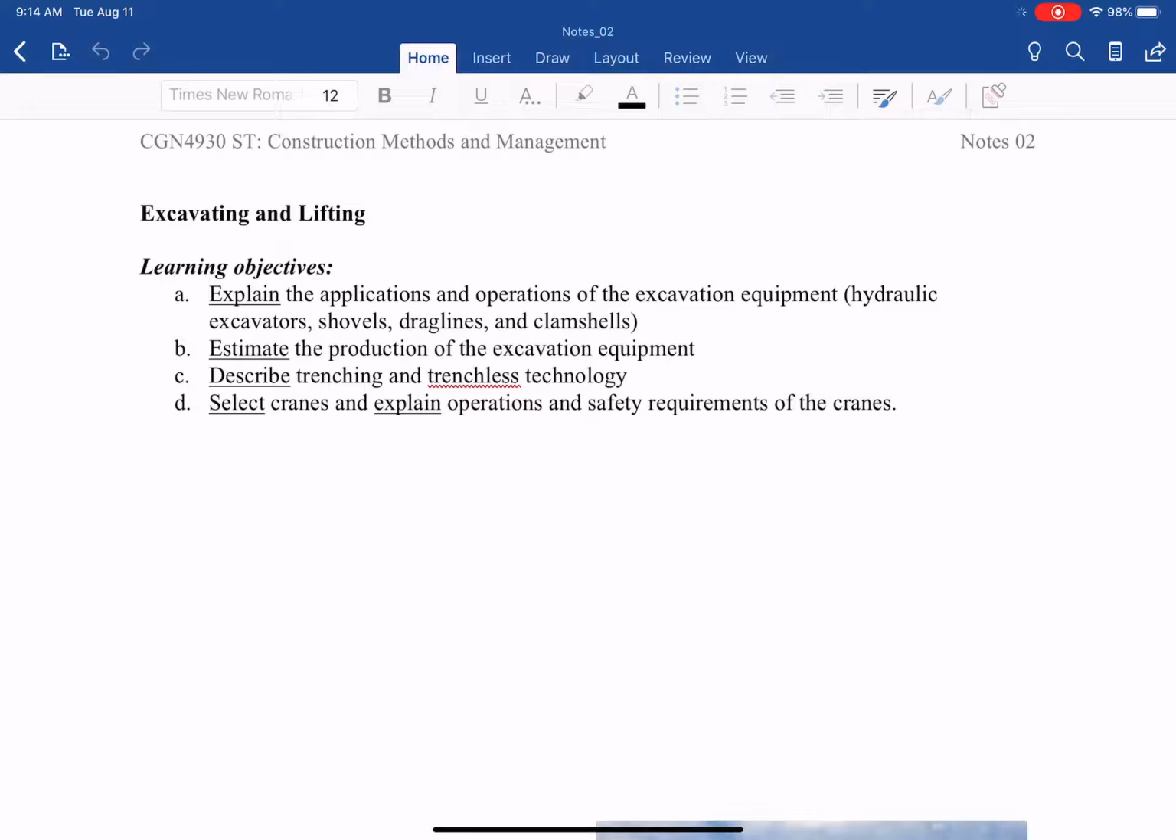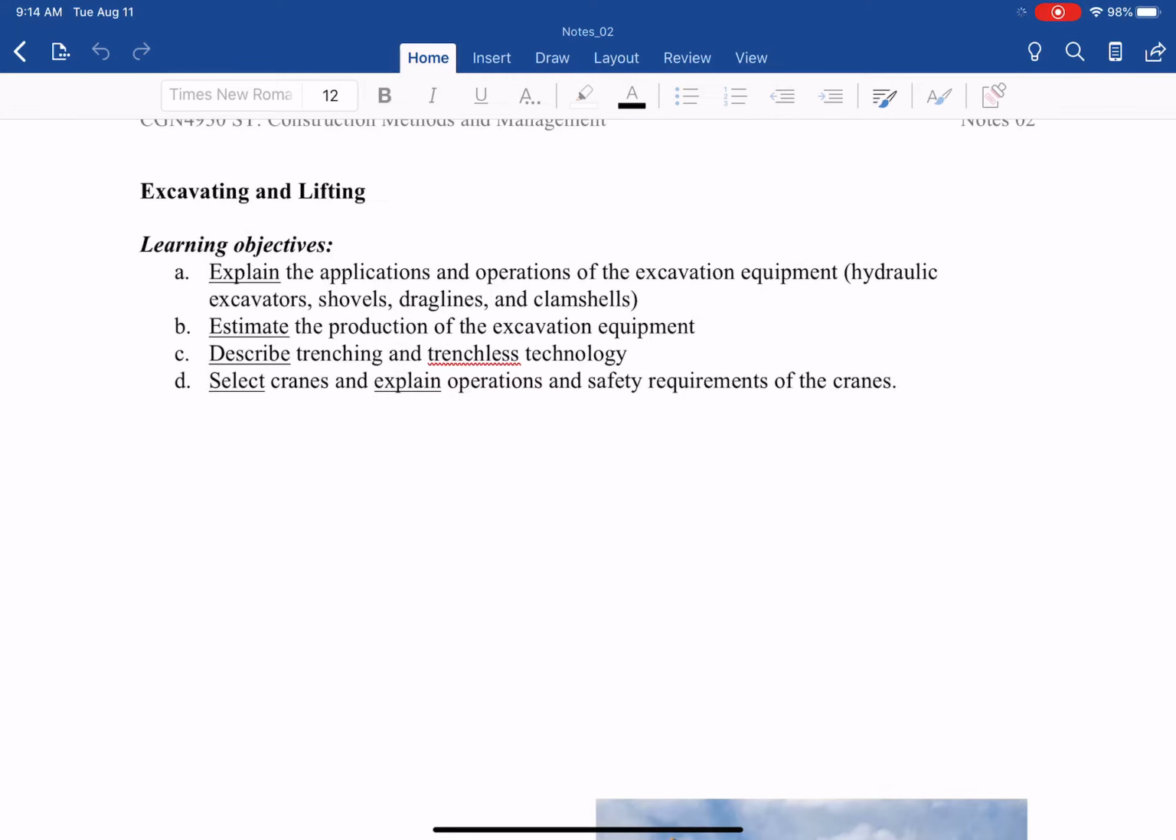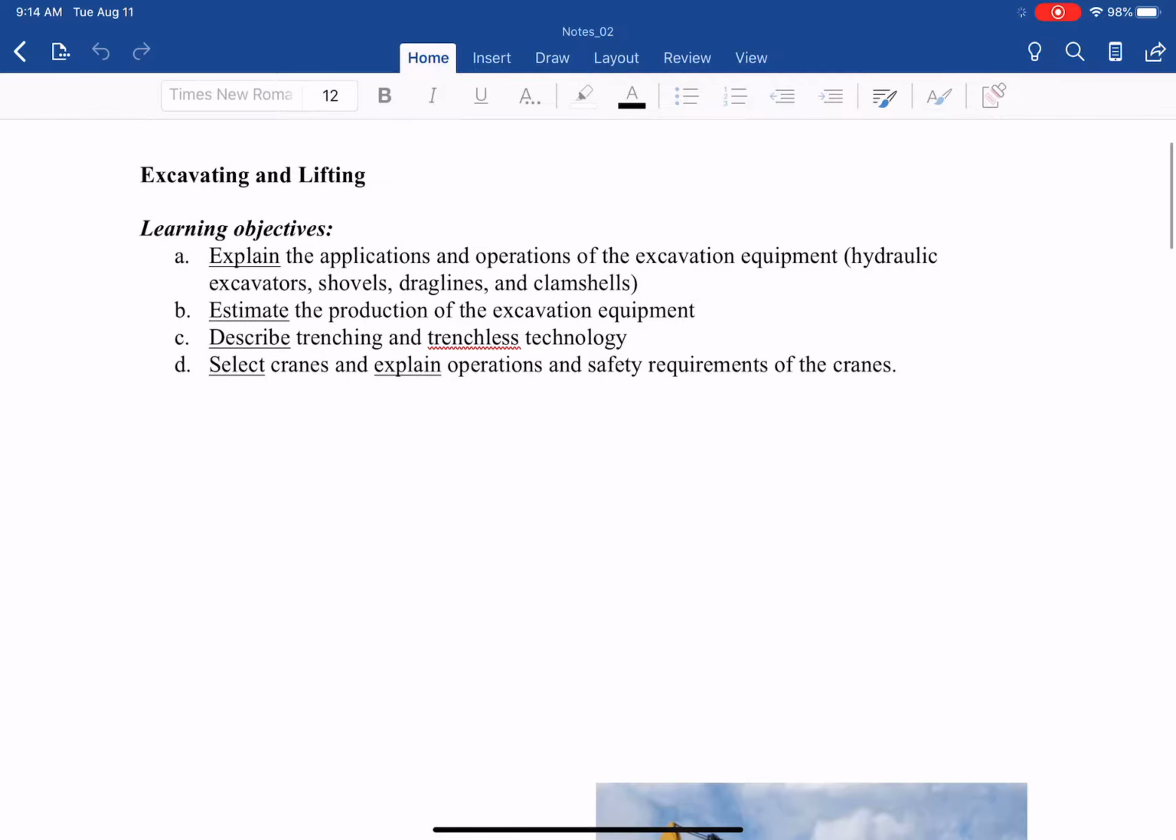And we want to estimate the production of the excavation equipment, and we emphasize the hydraulic excavators, and we describe the trenching and trenchless technology, so it's more with the slide that we have. And then talk about the lifting. We select cranes and explain the operation and safety requirements for the cranes. So let's start with the excavation equipment, and one of the key concepts is to know what type of bucket